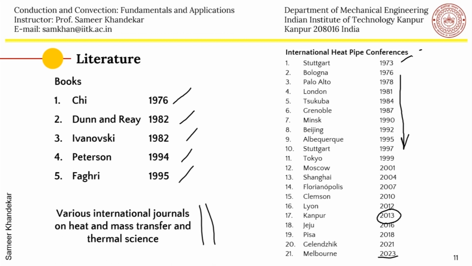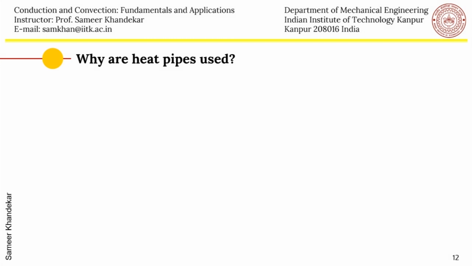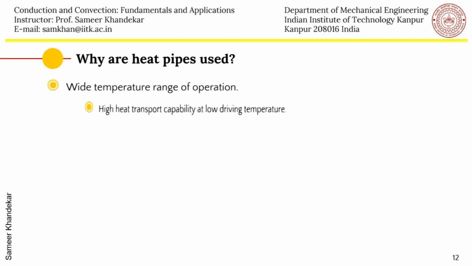So why are they used? Because you can have a wide temperature range of operation depending on which fluid you take. It has a high transport capability at very low driving temperatures, as we have seen. We have just seen the example of a simple cylinder, but you can actually have various geometric shapes which have wicks inside,